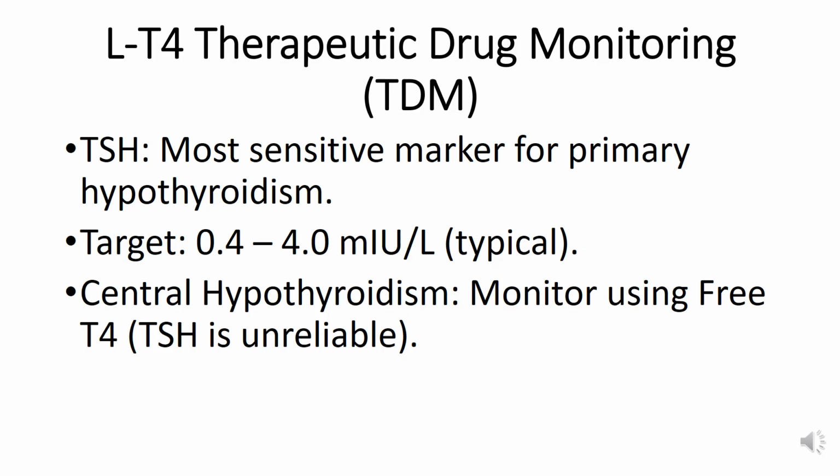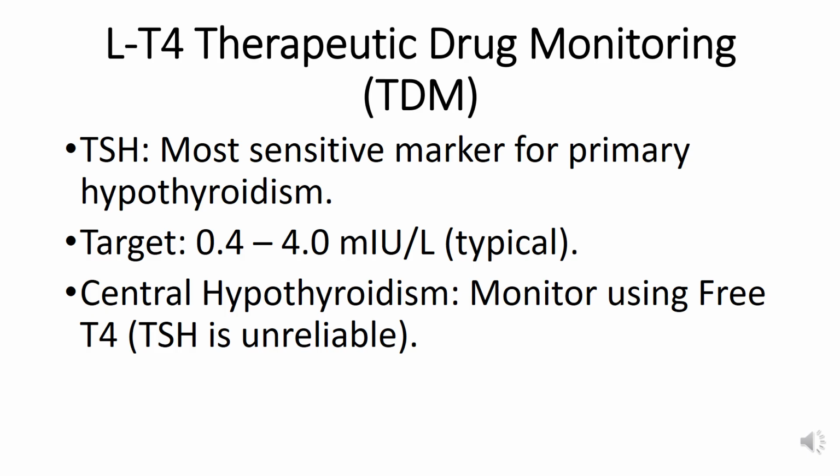Instead, clinicians monitor free thyroxine levels. Free thyroxine represents the unbound and biologically available fraction of circulating thyroxine. Measuring free thyroxine provides a more direct assessment of thyroid hormone status in patients with central hypothyroidism. This distinction is extremely important because relying on thyroid-stimulating hormone alone in central hypothyroidism may lead to undertreatment or inappropriate dose adjustments. In summary,